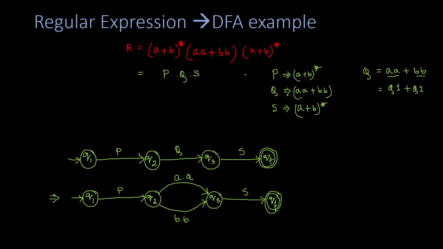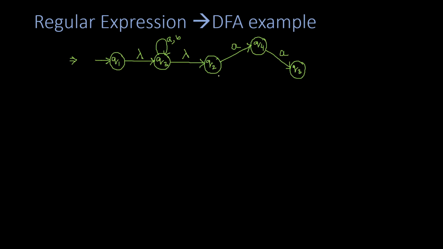And you see, I have a similar situation on the other side, from Q2 to Q3. So again, this path has to be broken down into two parts. So I can say that for B, I will reach Q5, and from Q5 I can reach Q3 because of the second B. Any path is possible. But if you take this path, you have to follow with 2A. If you take this path, you have to follow with 2B, and that is required.